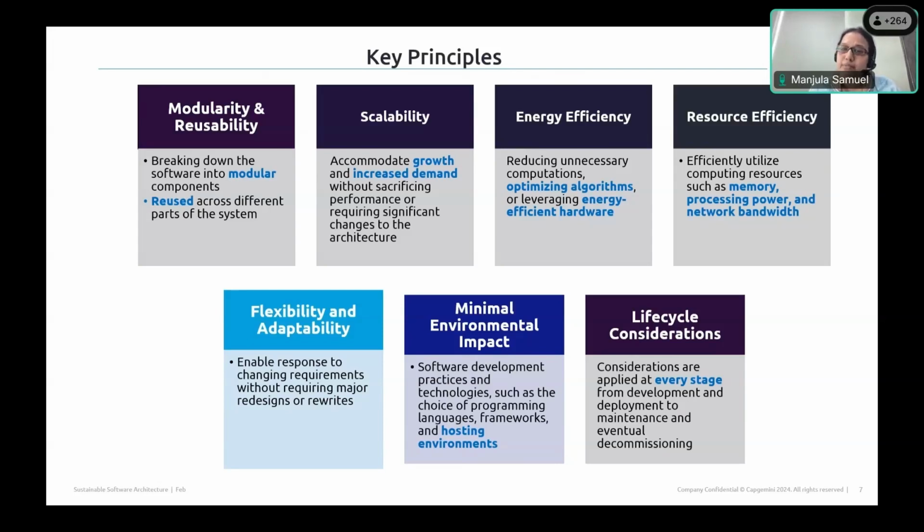The fifth one is flexibility and adaptability. Building your software with a flexible and adaptable architecture enables it to evolve over time in response to changing requirements or technical advancement. It could basically reduce major redesigns or rewrites. The sixth would be minimal environmental impact. Considering the impact of software development practices and technology, be it the choice of programming